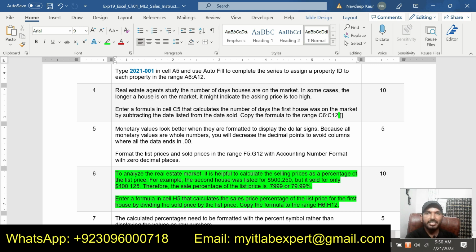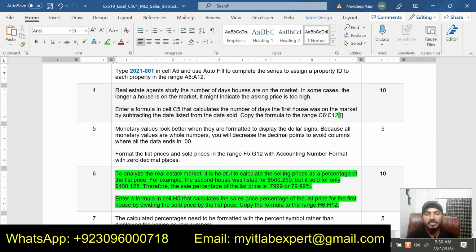To analyze the real estate market, it is helpful to calculate the selling prices as a percentage of the list price. For example, the second house was listed for $500,250, but it sold for only $400,125.